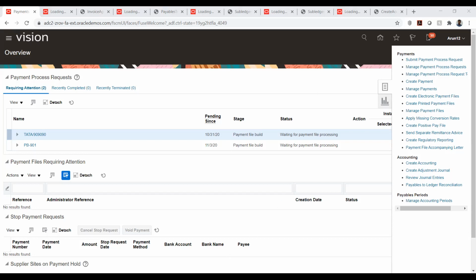Did I mention it in payables? Yeah, it's under payables. I think I mentioned it because the payment request will be coming to the AP module.